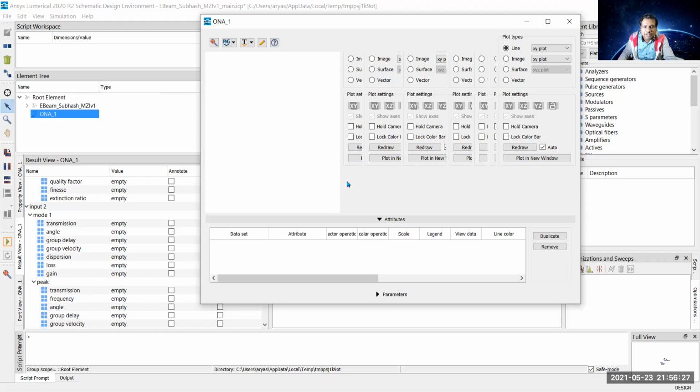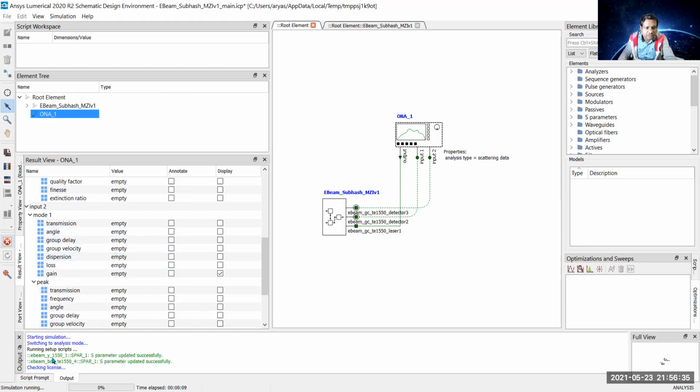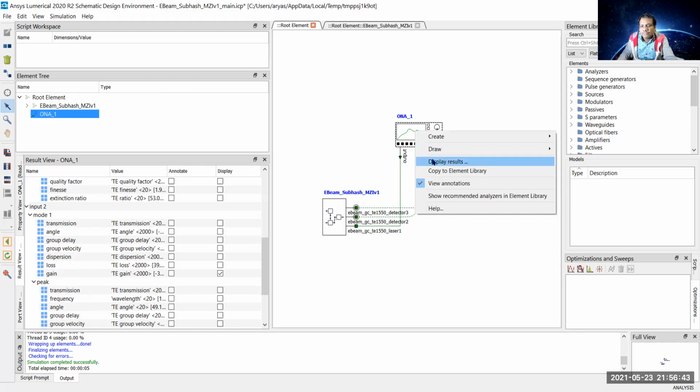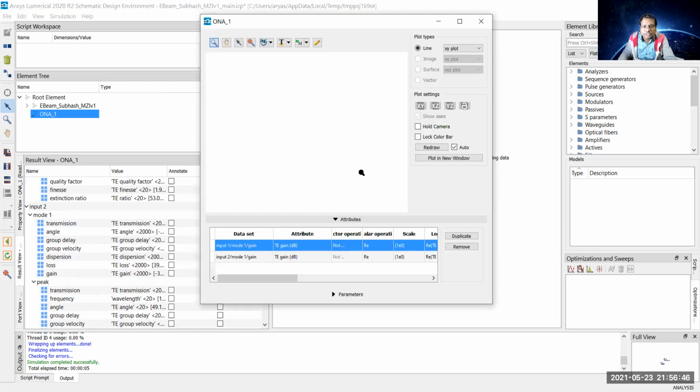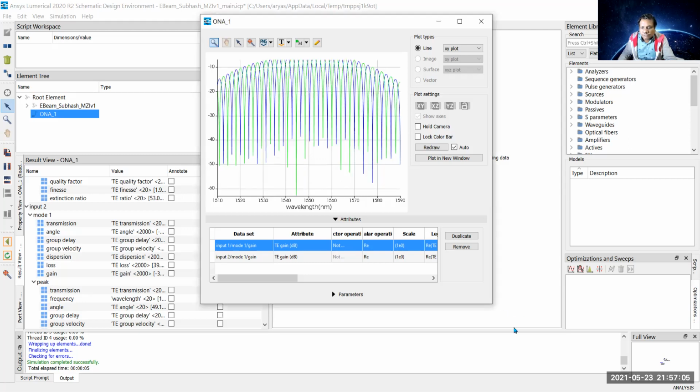Let us see. It seems it has not come. So I will first run it. Running setup script, it has completed. Now right click on display results, and hopefully this time the result comes. Yes, it has come. Let me ensure whether you are able to see this output or not.